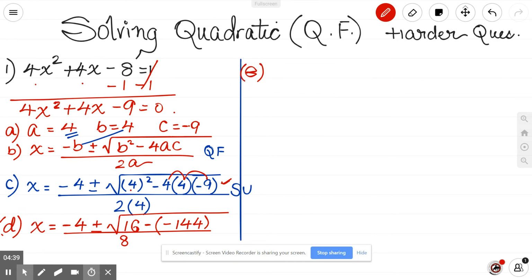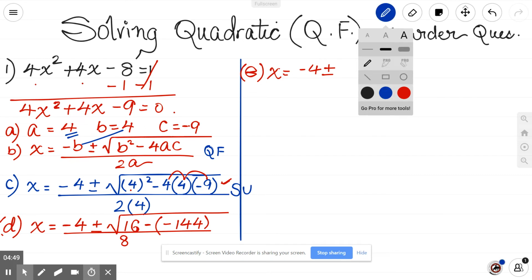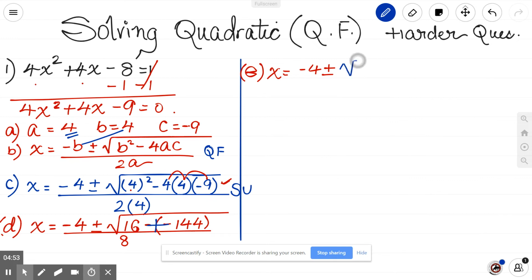So step number E is x equals negative 4 plus or minus, remember these are two negatives, so I have to add them. Negative times negative is positive. Square root of 16 plus 144, divided by 8, which will be equal to,